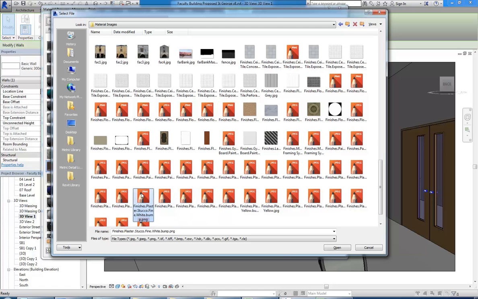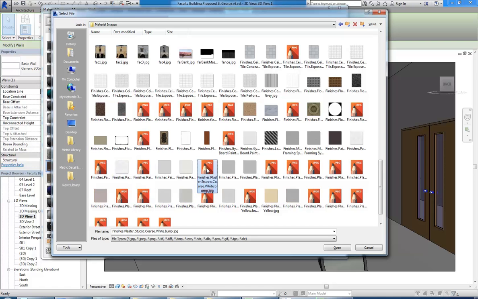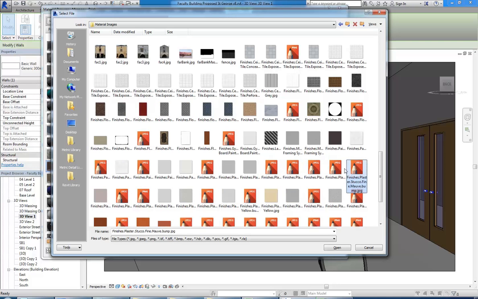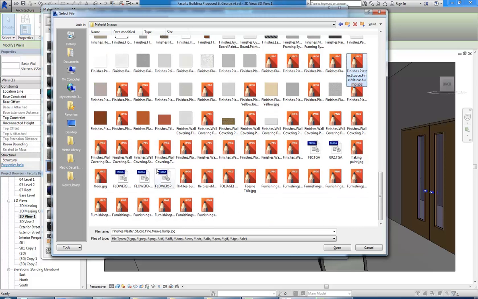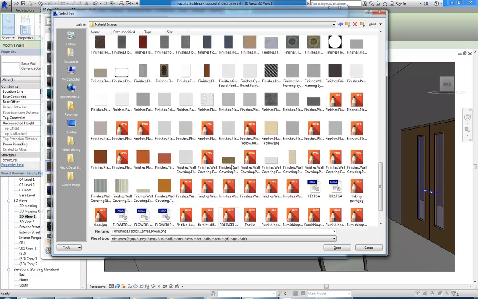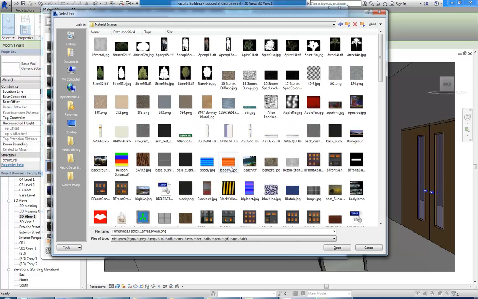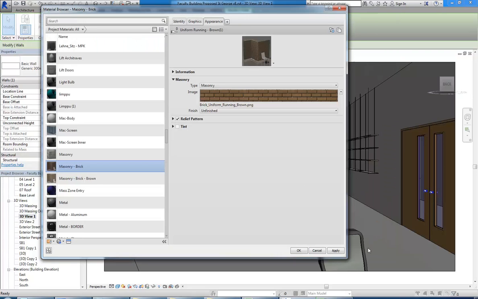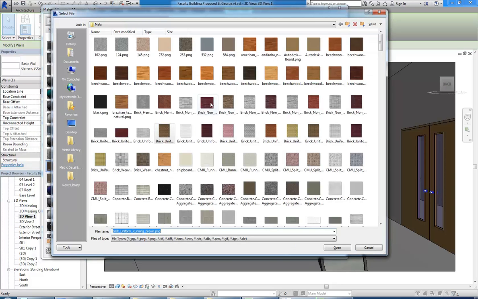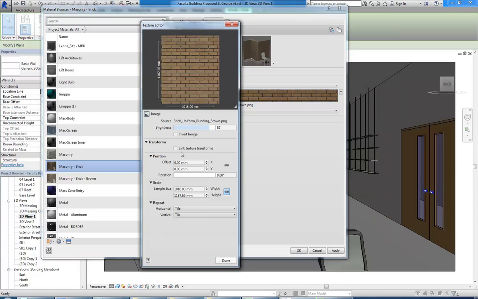Okay, so once you've chosen your image, what else do you think is going to determine its appearance? What's probably the most important thing after choosing the image? Exactly, the scale and the size. So for bricks, it's fairly easy to work out because bricks have a standard size. Well, let's go back. I'm just going to use the other ones for now, and then I'll come back to that folder, but that should be copied before long. Okay, so to work out the size of bricks, sticking with this image,